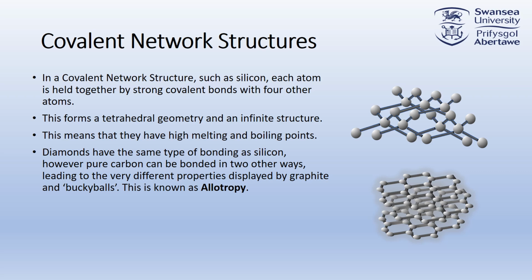So carbon can actually form 2 different types of covalent network structures. The first is diamond, which we've got at the top here. As we already said, it is held together by strong covalent bonds in a tetrahedral arrangement, so every carbon is bonded to 4 other carbons. Within diamond, the carbon bonds are formed by sp3 hybrid orbitals, and it's these bonds that make diamonds so very hard. We also saw graphite on Monday, didn't we?